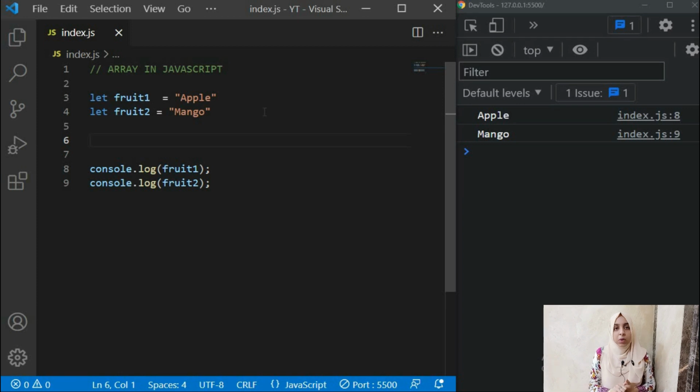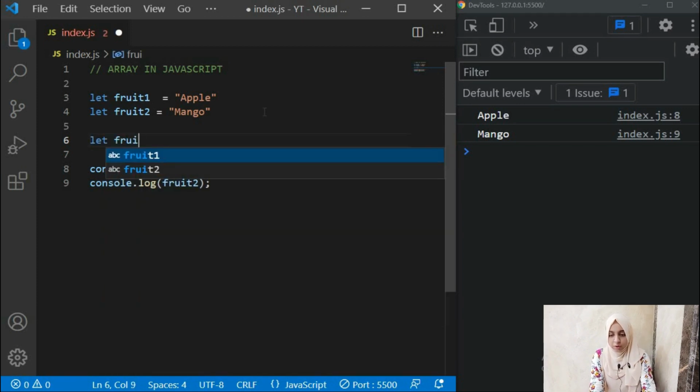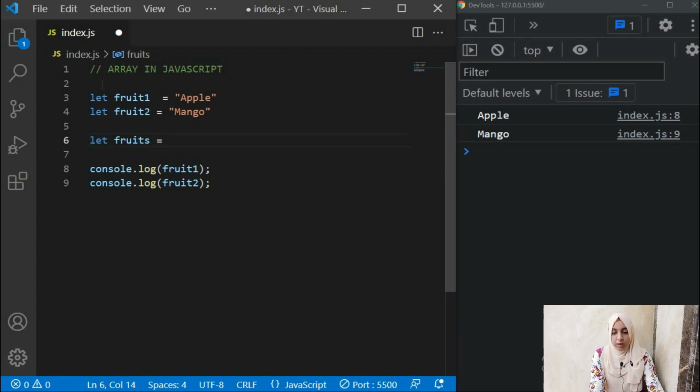So here we can define an array, for example with the name fruits. We define an array the same way we define our variables up here. Instead of var we use let these days. There is a difference in the scope of let and var, and I'll soon make a video on that as well. But it is recommended that you use let instead of var.